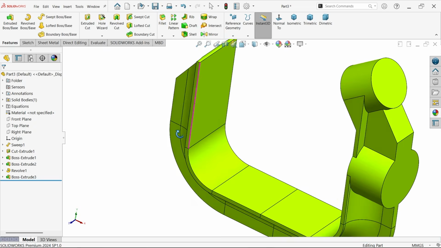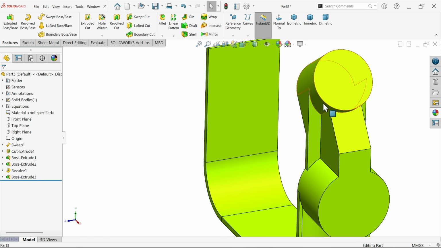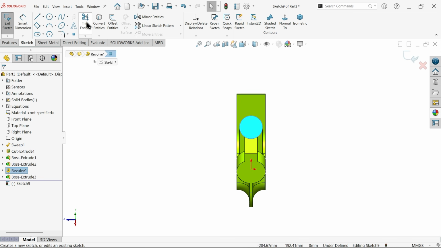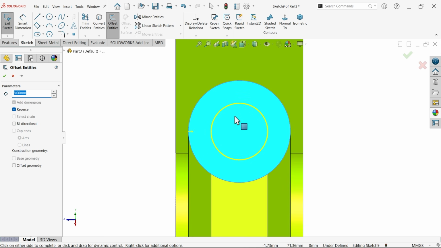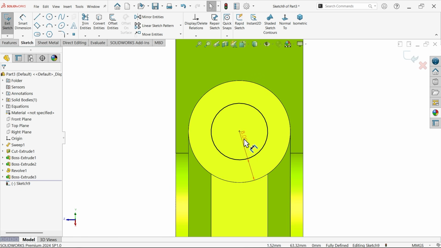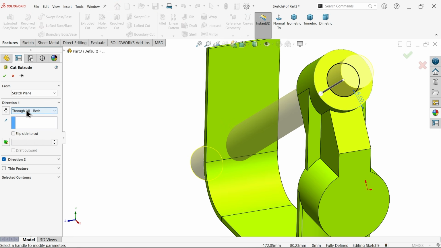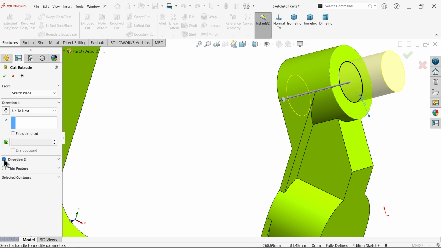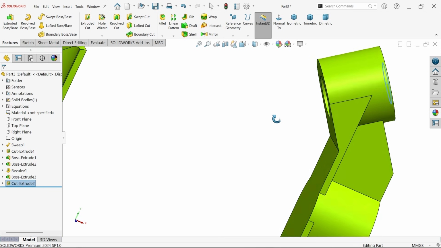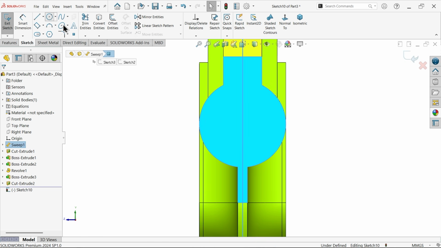Okay, look, select the face, sketch, offset 8 millimeter, reverse. Okay, see, this is the diameter given. I want to remove material, select extruded cut, and here choose next, and direction 120. See, again this face, sketch, draw a circle,